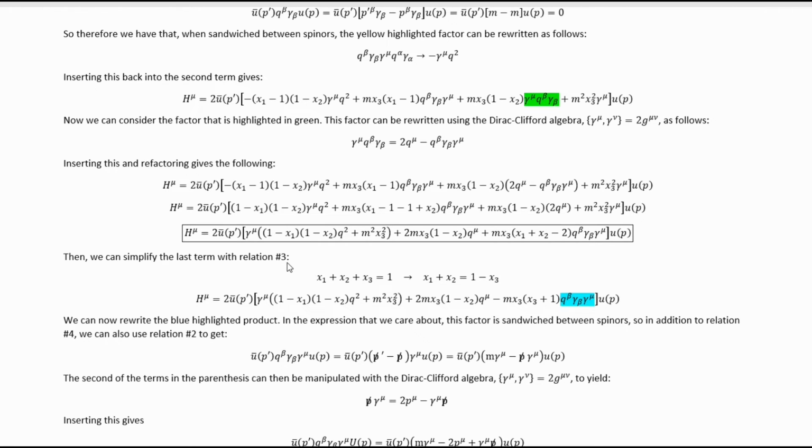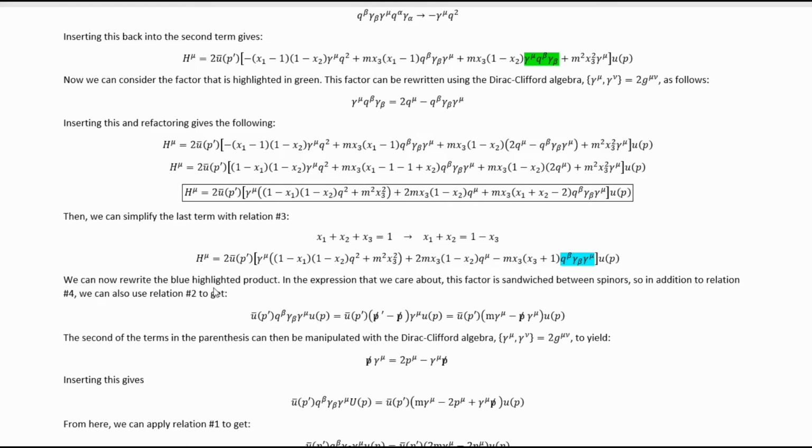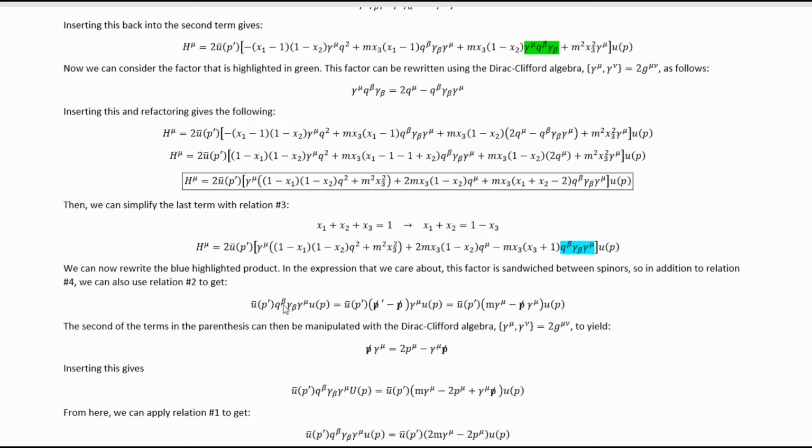Then we can simplify this with relation number 3. This is relation number 3, it implies this, and that allows us to exchange pure x3 dependence for x1 and x2 dependence right there. We can now rewrite the blue highlighted product. In the expression that we care about, this factor is sandwiched between spinors. So in addition to relation number 4, we can also use relation number 2. Relation number 4 gets us from here to here, it's just momentum conservation, then number 2 gets us from here